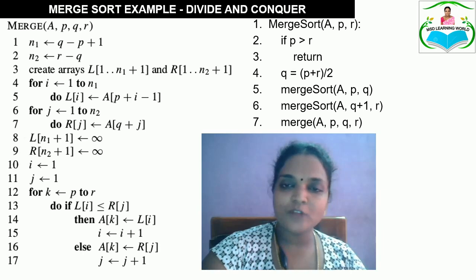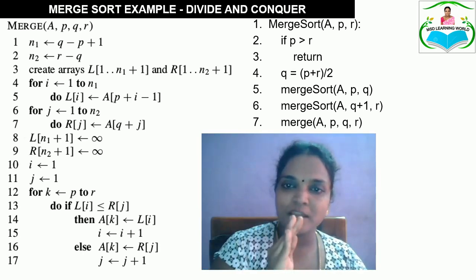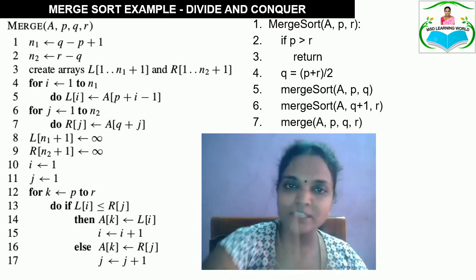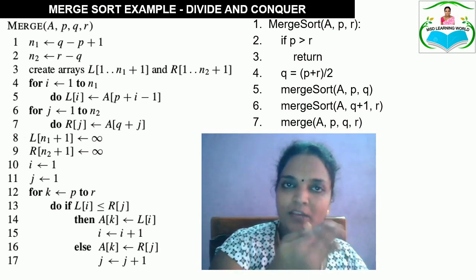So merge sort of the same array elements with p as the starting pointer and q as the middle pointer. Similarly, A comma p comma q is the left subarray, and you are going to completely finish the recursive call only for the left subarrays. After performing the left subarray only, you will go for the recursive call for the right subarray. And then A comma p comma q will be calling again merge sort of A comma p comma r. Again a new q will be found, and the left subarray is completely divided with the call of merge sort on the fifth line, merge sort of A comma p comma q.